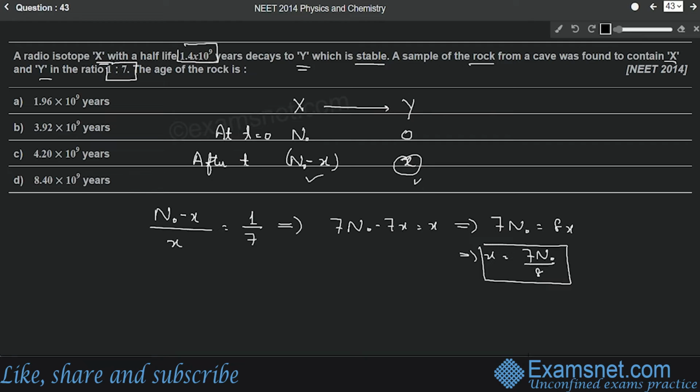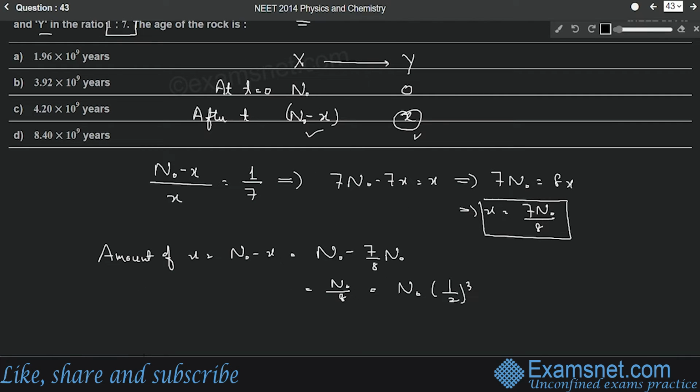So what is the amount of X? Amount of X is equal to n naught minus x, that is n naught minus 7 by 8 n naught, right? So on solving this, we'll get n naught by 8. So it can be written as n naught into 1 by 2 cube, right? That means 3 half-lives were involved. So cube means 3 half-lives have passed,